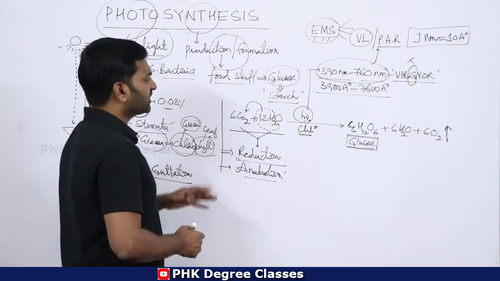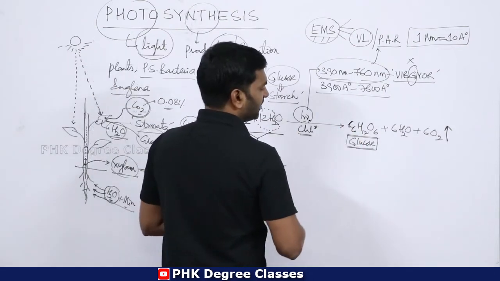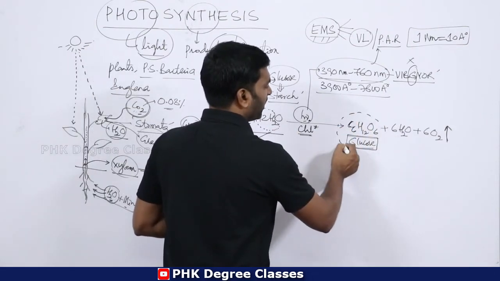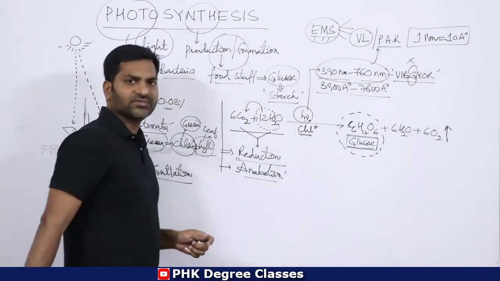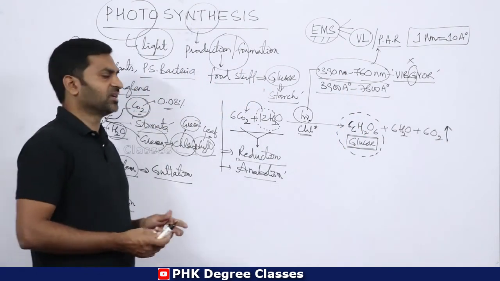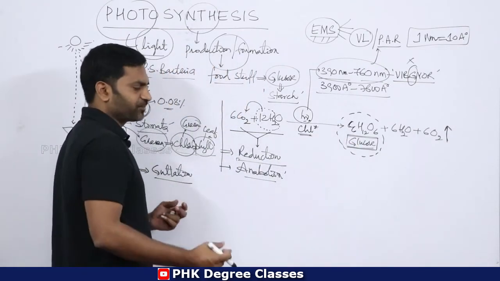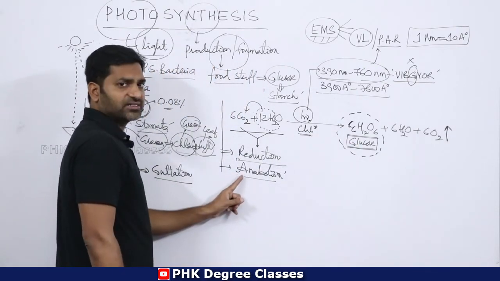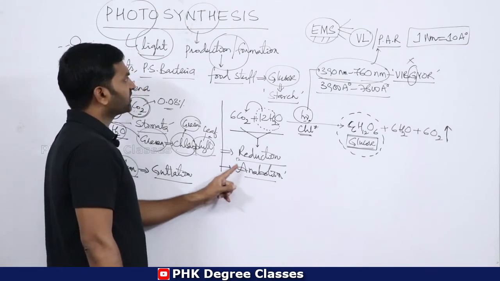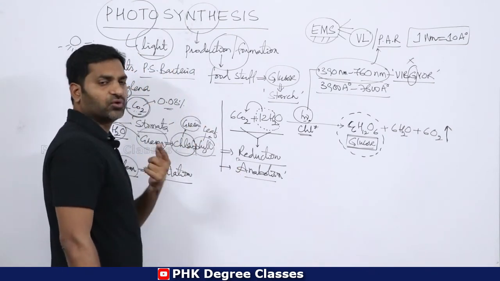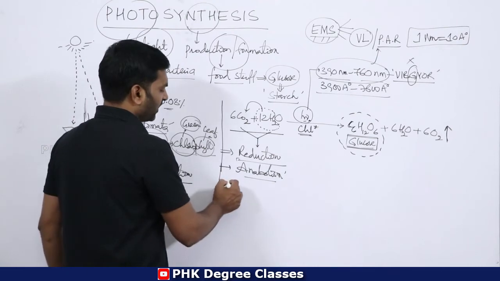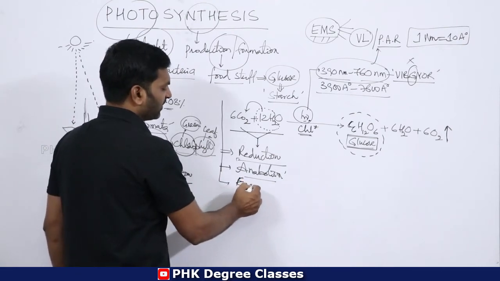Clear? So in this entire picture you can see there is a production of what? Glucose. There is a production of glucose. So if glucose or any of the foodstuff is produced, that can be called what? Anabolism. Hence anabolism is an example of photosynthesis. Clear? Then it is an energy receiving